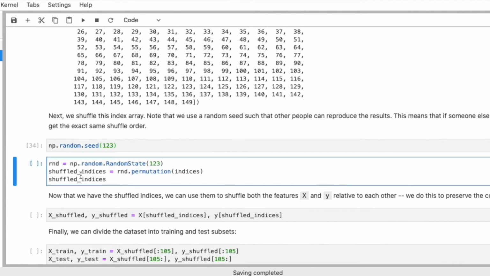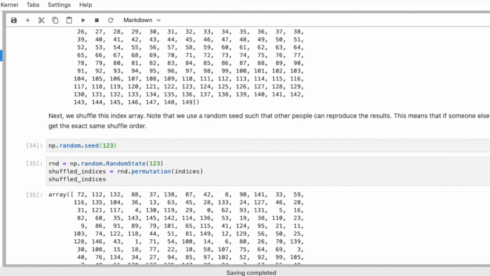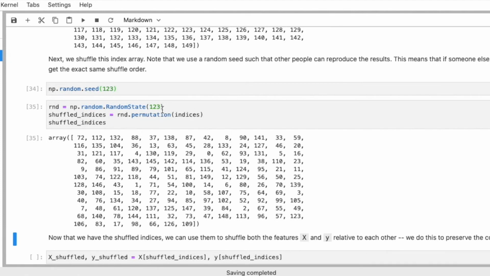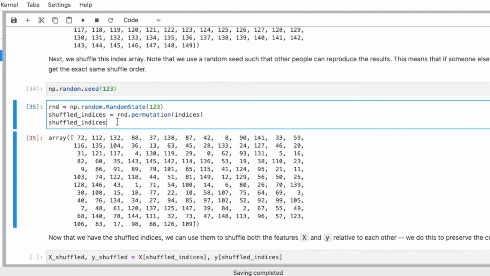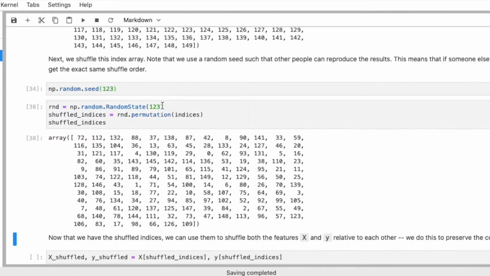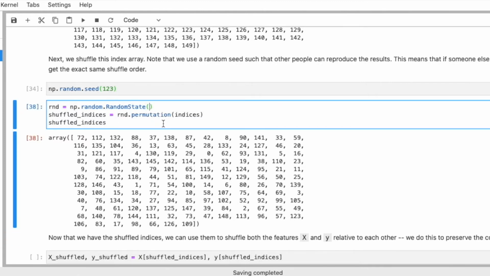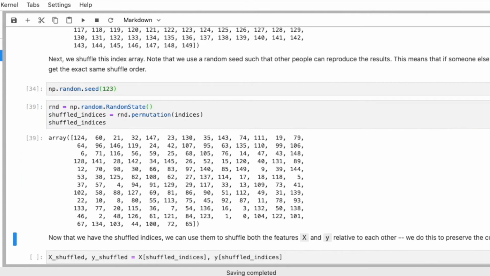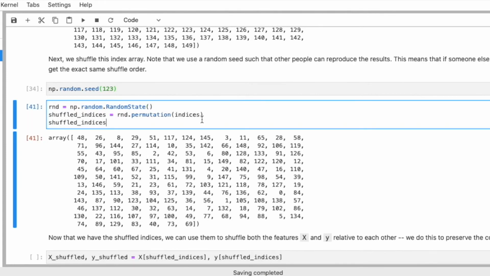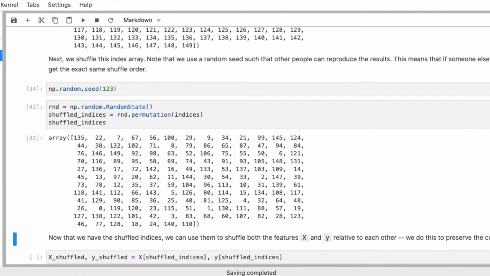So let me execute this. It will first of all initialize this random state object. And then I will call the permutation function, which will just shuffle around these indices. So you can see they are shuffled now. Now when I execute this again, it will always create this same shuffling. If I wouldn't use a random state or random seed, you can see it changes every time. And now if, for example, I get a certain result, I will give the notebook to you and say, here you can play around with that.